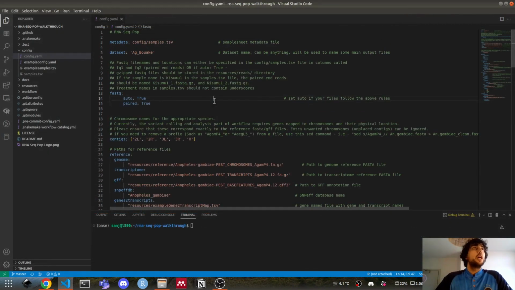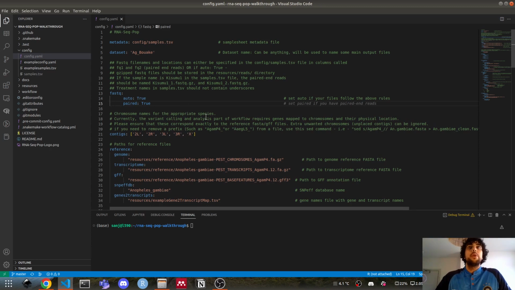Cool, so I've updated this config file to the latest version of RNA-seq-pop, and let's have a look at it. Information on every parameter in here is found on the documentation website. Let's take a look at that, in fact.